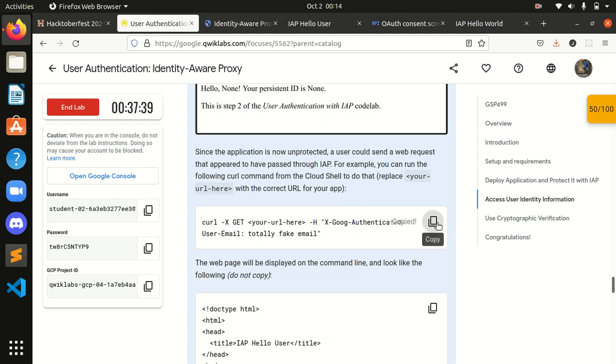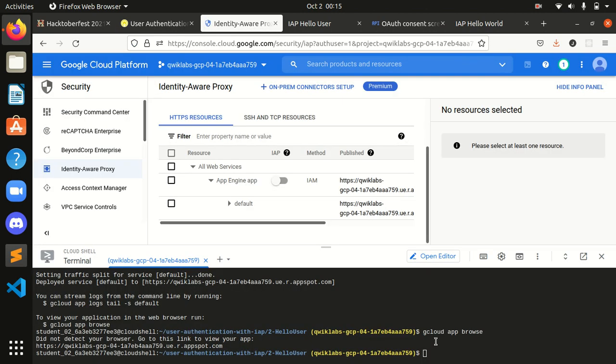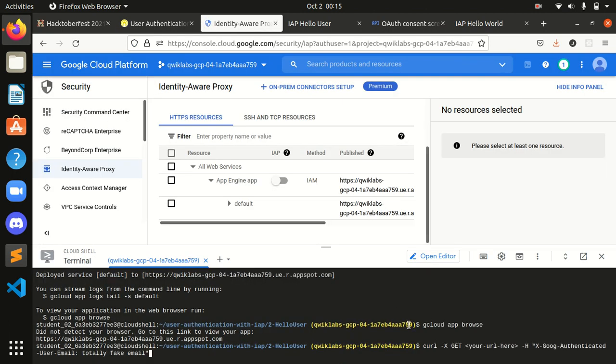Okay, I will copy this command, guys, and put this in the Cloud Shell. And guys, I will replace my URL part over there.